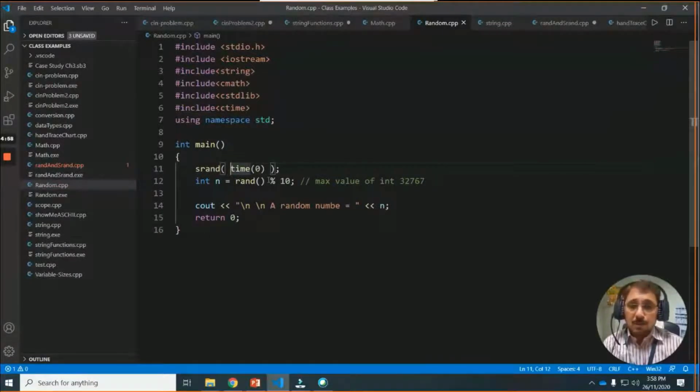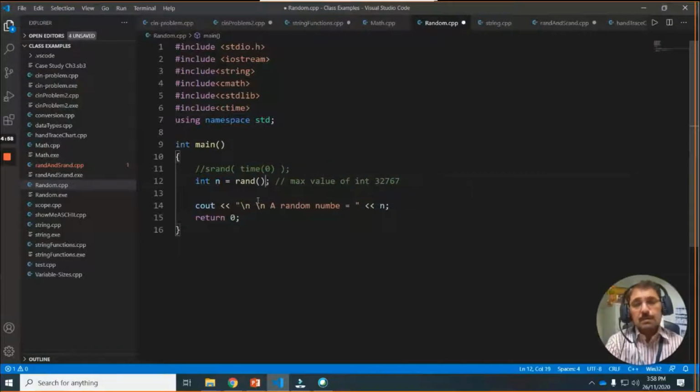Okay, so the point was like this. I am repeating quickly once again, that this rand function generates a random number. Okay, and if you want to specify any range, like less than 10, between 1 and 10, every time the number should be between 1 and 10, then you can use this one. Okay, let me remove this one and show you.